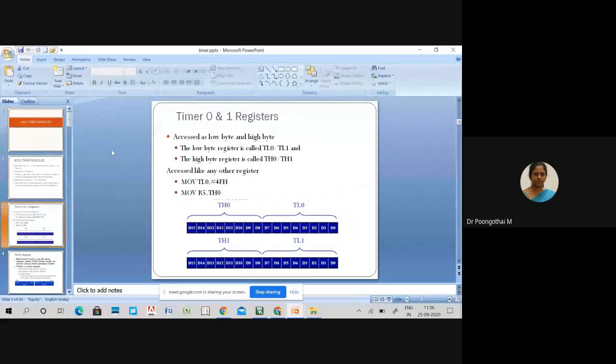So next class we will see about the timer 0 and timer 1 registers. For programming 8051 timer modules, we must understand a few registers associated with these timers. One register is TMOD.